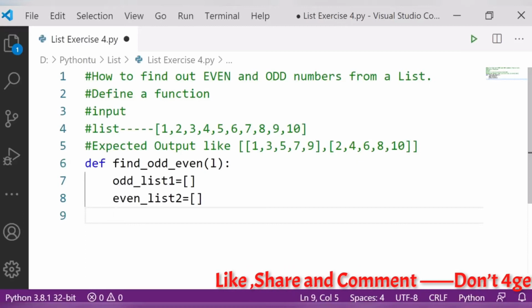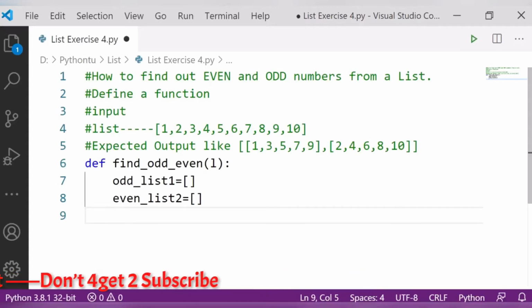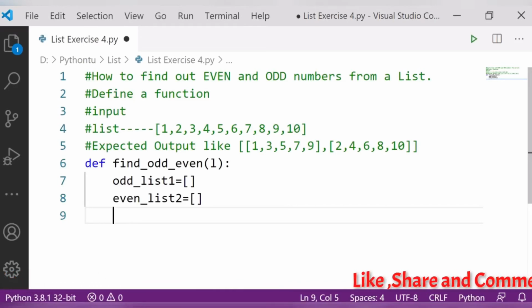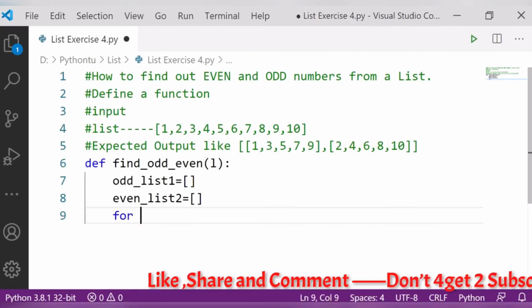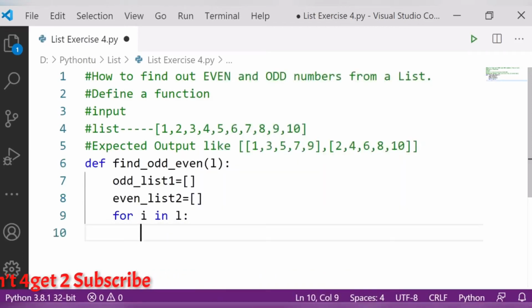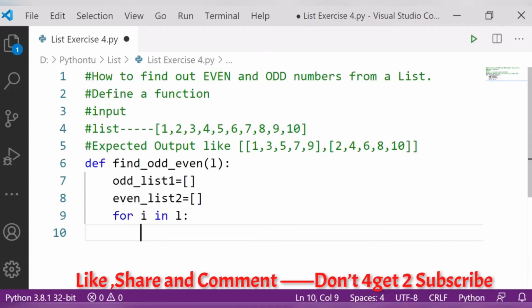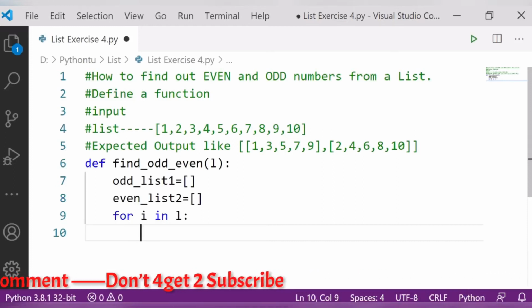After that I am simply going to use a for loop here. So I am writing for I in L. Now I have to take an if also, because I have to segregate even and odd numbers. How do we say that a number is even?